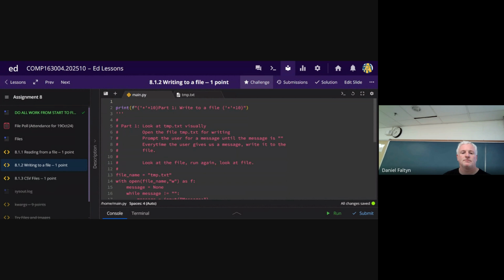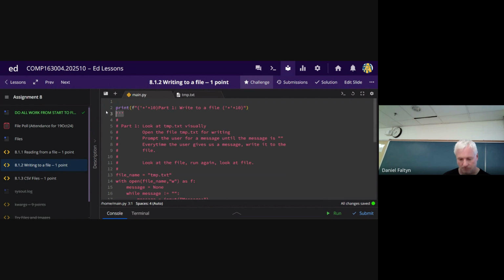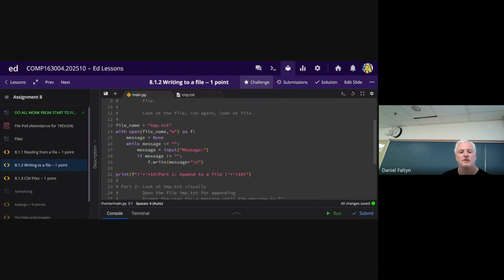Write to a file. Look at temp.txt. So here's a file that has the lines 1, 2, 3, and 4. Prompt the user for a message until the message is blank. Every time the user gives us a message, write it to the file. Okay, so